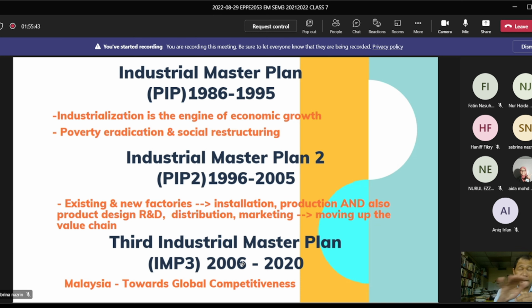But taking aside the COVID story, what I'm saying is that during the 1980s, because of the 1985 economic recession, Malaysia realized the need for diversification. Before 1985, it was,